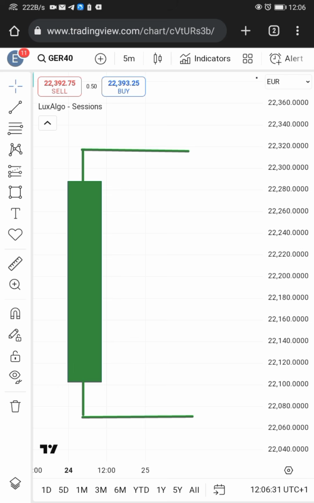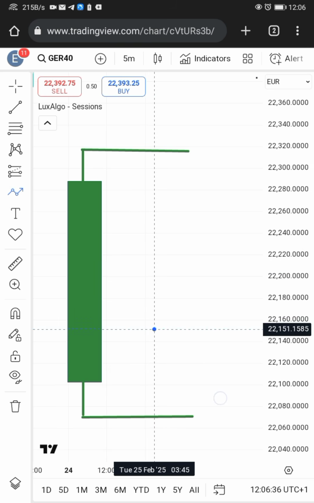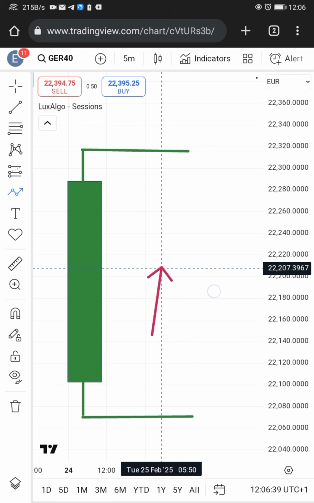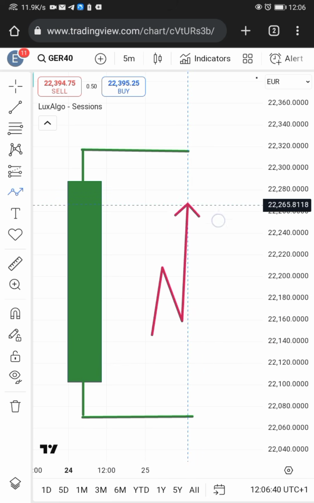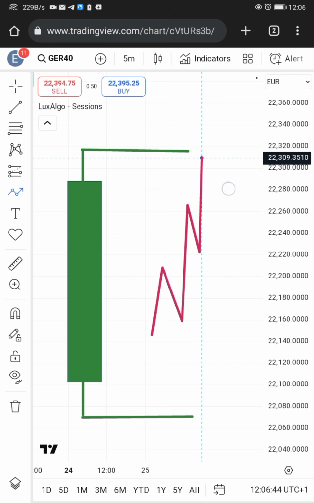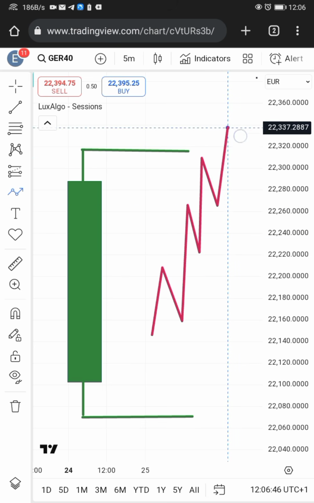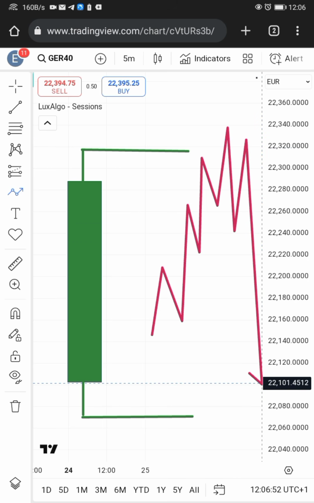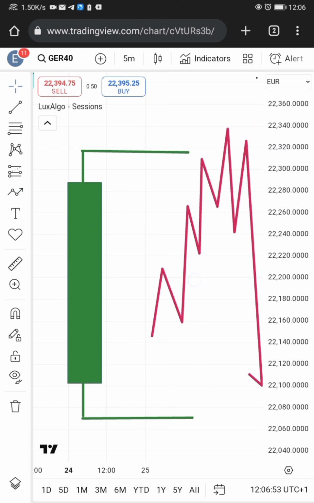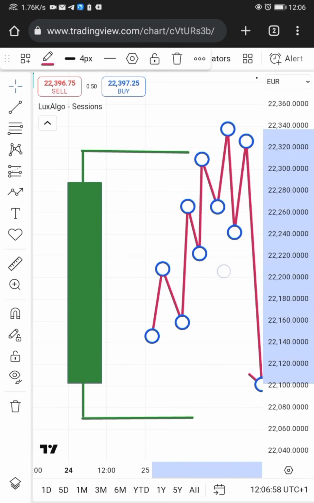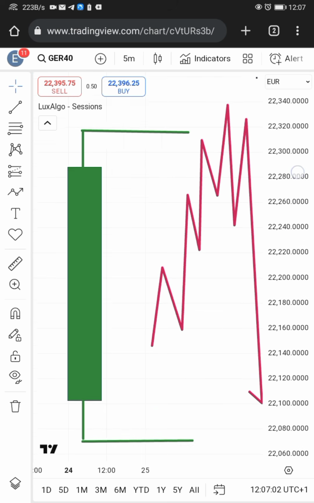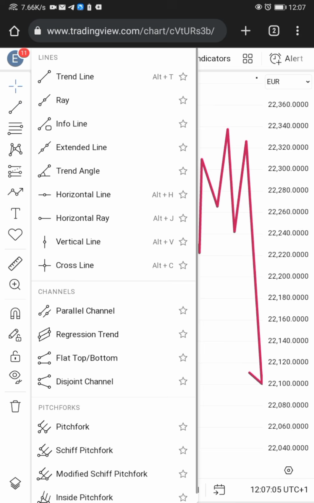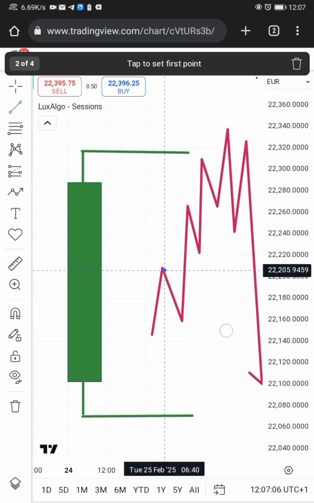So as this market opens today, we are expecting something like this to happen. This is the first thing we are going to be looking at. Let me explain this diagram right here. We are expecting something like this to happen, which is to say, as this market opens, it comes into